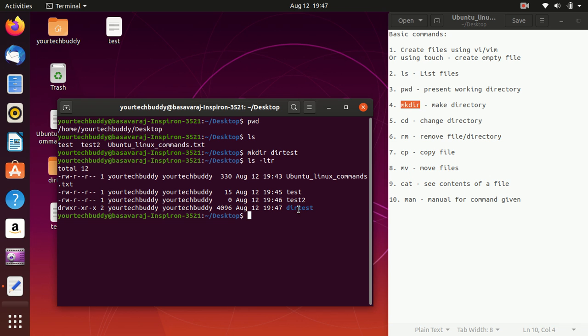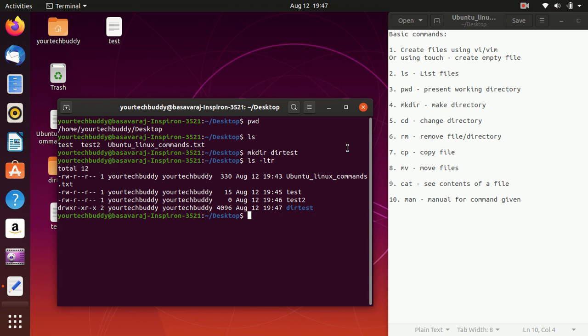Here you can see the directory got generated, and it is marked with d. These are all permissions, actually. If it starts with d, that means it's a directory. It generated an empty directory.